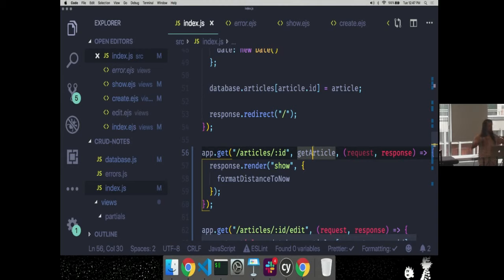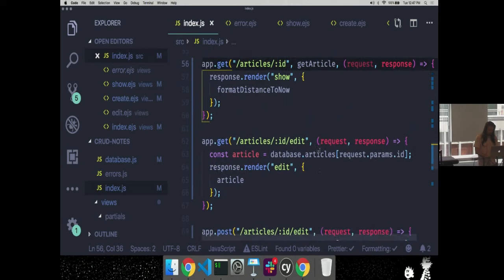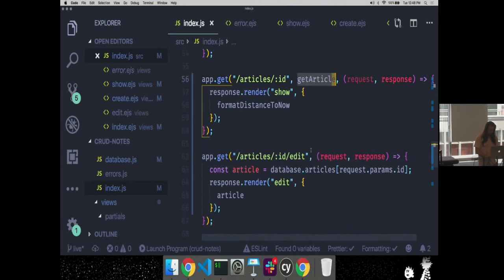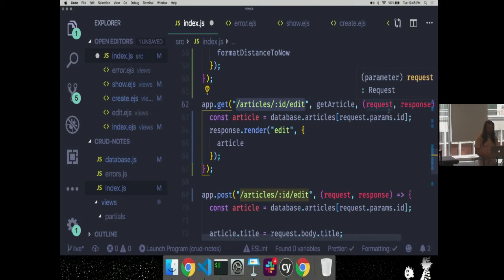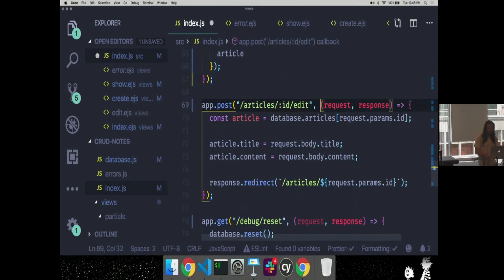So we can have middleware that is applied to every single request. We can have middleware that's handled maybe just a few requests. For example, I might need to do get article if I'm going to try and edit an article. Should probably 404 if that article doesn't exist. If I'm going to try and post that edited article, I should probably put that there as well.